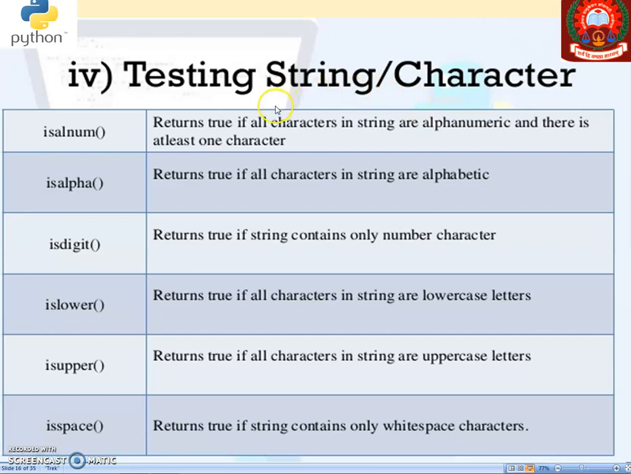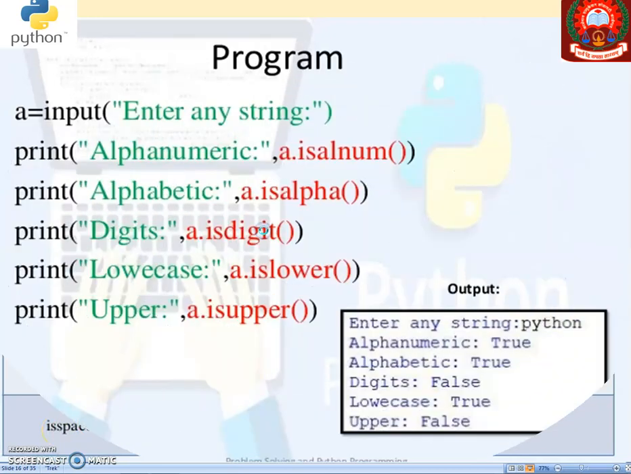Next will be testing string characters. We are going to see isnumeric, isalpha, isdigit, islower, isupper, isspace. When a string is there, testing a string means checking which type of string it is, whether it is numeric, alphabetic, whether it contains digits, whether it is lowercase, whether it is uppercase, or whether spaces are there. So we are going to see the examples. This is isalnum, that is alphanumeric, is